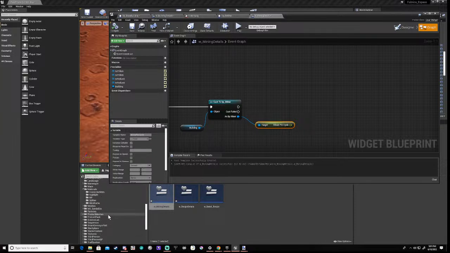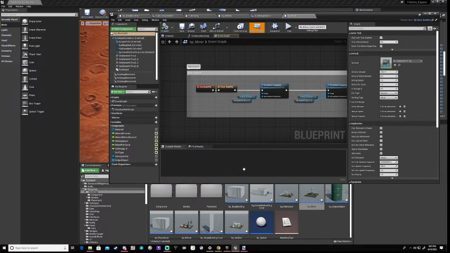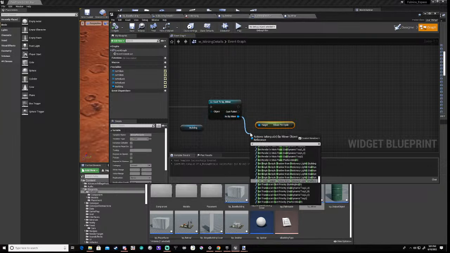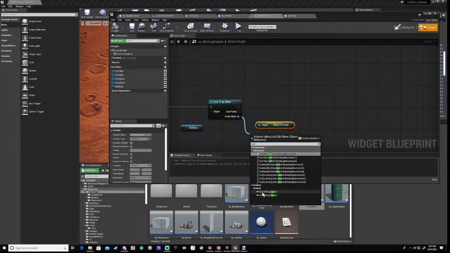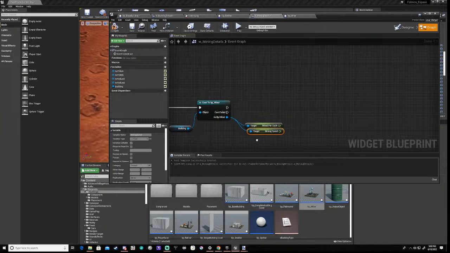In the meantime what we can do is, if we actually go to the miner itself, we can quickly have a look to see what variables it has. Mining speed, there we go. We have ore type, mining cycle speed. So all we need to do is get all of these values, get mining speed, okay,